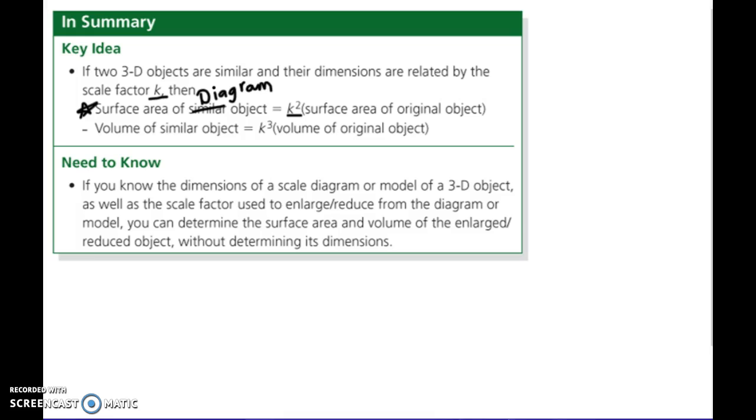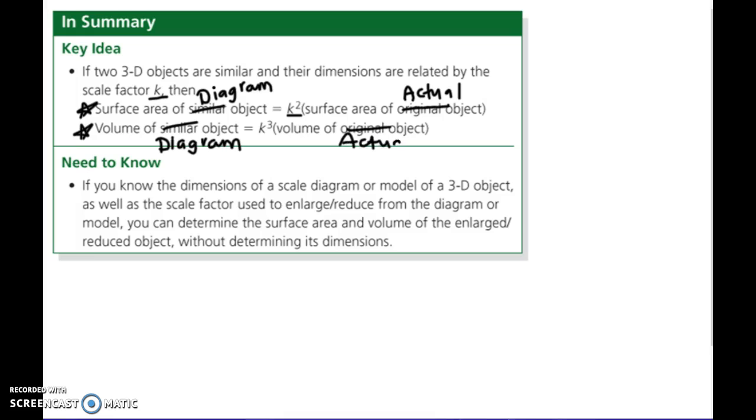So using the diagram, surface area is equal to the scale factor squared times the surface area of the actual object. Okay? And you can also do the same thing with volume. So the volume of the diagram object is equal to the scale factor cubed multiplied by the volume of the